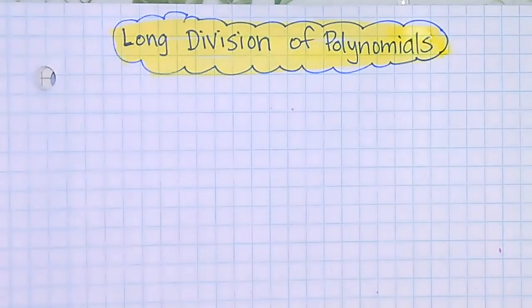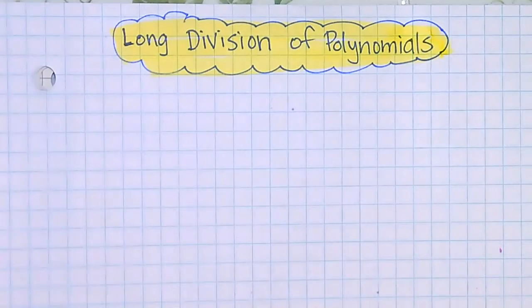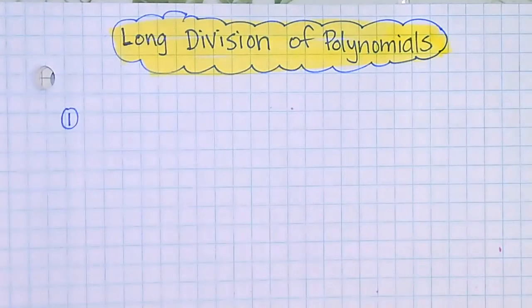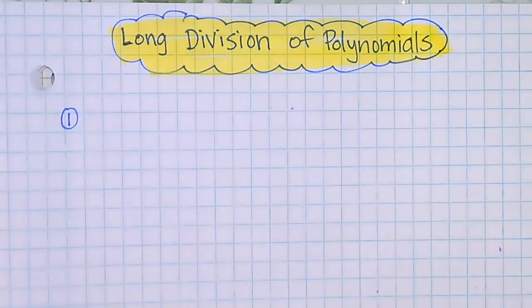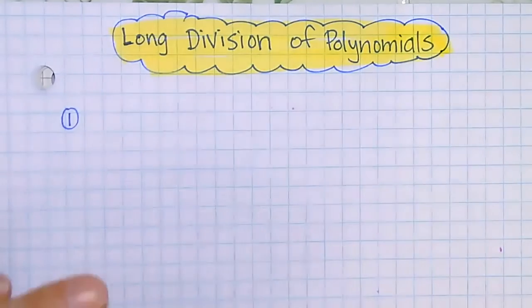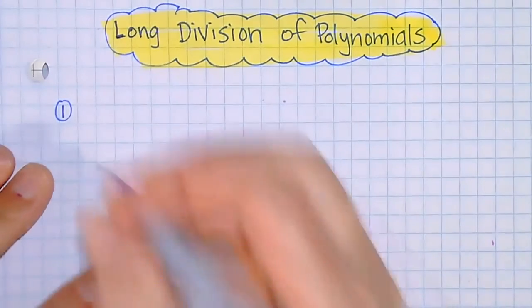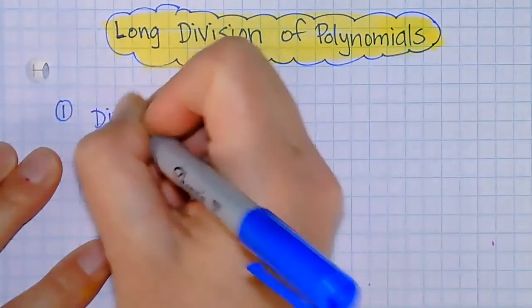Okay. And so I'm going to go through 3 examples. And some of them are going to be written in different forms. Some of them are going to be where maybe you're missing a term. Some of them maybe you're going to be not having them in what we call descending order. So the first one, we're going to divide